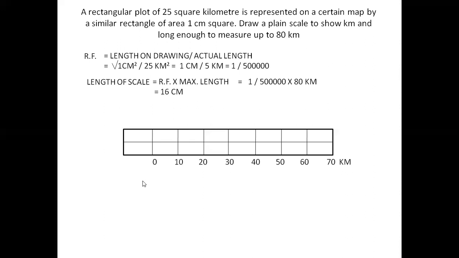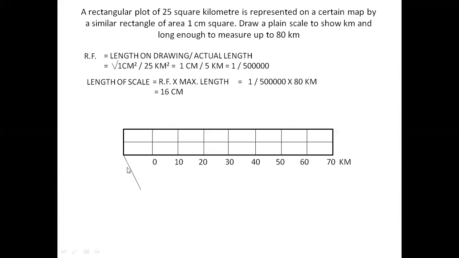Now, if the first part is again divided into 10 equal parts, we get 1 kilometer. That is our second unit. So now for dividing this first part into again some equal number of parts, we have to use a construction called division of line. As you know, we taught already that for this we draw a line at any angle,